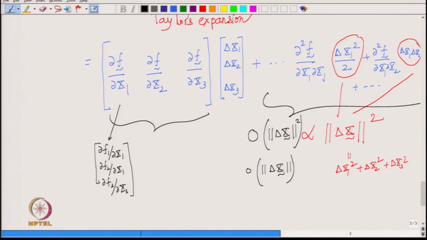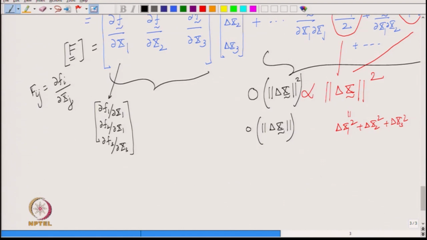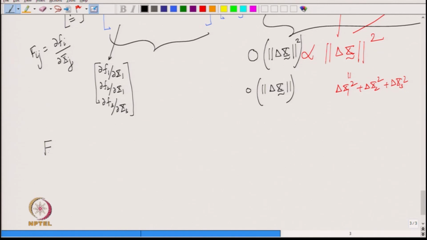So, if you just say this matrix to be some f matrix, then f I j is simply del small f I over del x j, the derivative of f I relative to x j, and you see it is a matrix. So, in the tensor form it is a second order tensor. So, it turns out the matrix that you have here is actually what is called the gradient of small f,